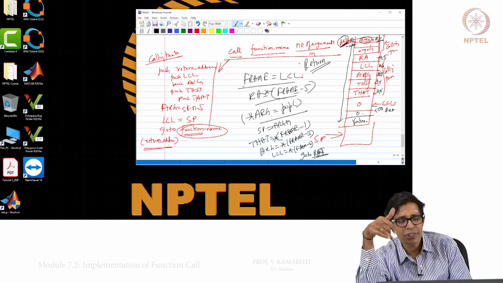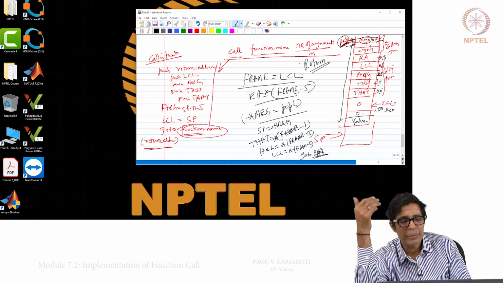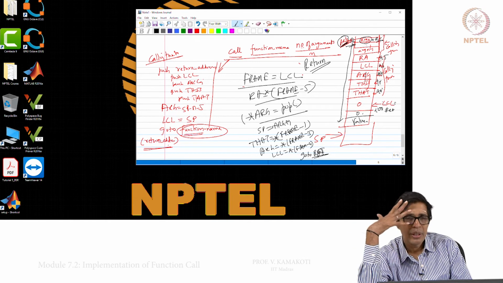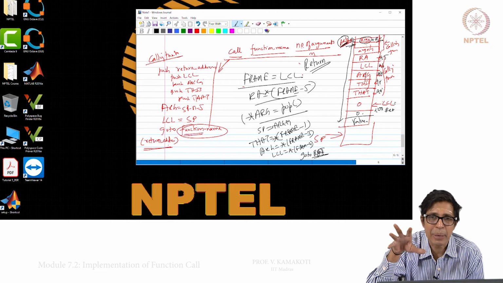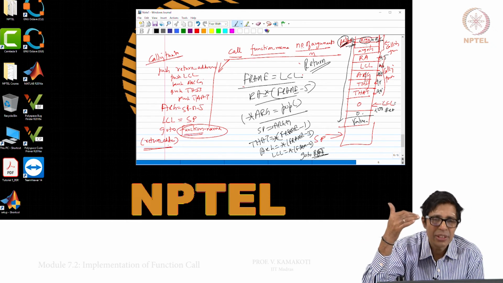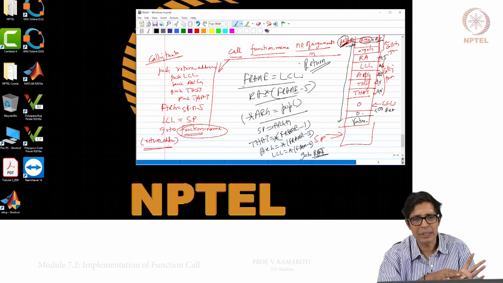At the end of this, it executes a return, wherein the LCL, ARG, THIS and THAT of your calling function are set back, and then you return back. So, when the calling function comes to the called function, it sets all the parameters for it and then transfers control to the called function.